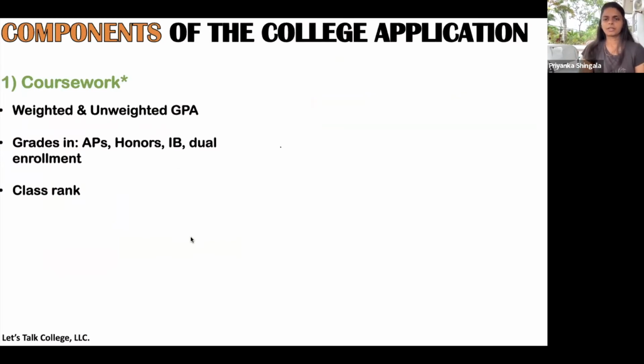Components of the college application, the actual application itself, right? So the asterisk is there because this is one of the biggest parts of your entire application, which is your coursework. Why is it the biggest and most important part? Well, because you're going to further schooling, right? So if you're going to be going to more schooling, it would be to everyone's benefit if they looked at your performance in your previous schooling. So with that said, your coursework is one of the most important parts. And within this, there are a couple components.